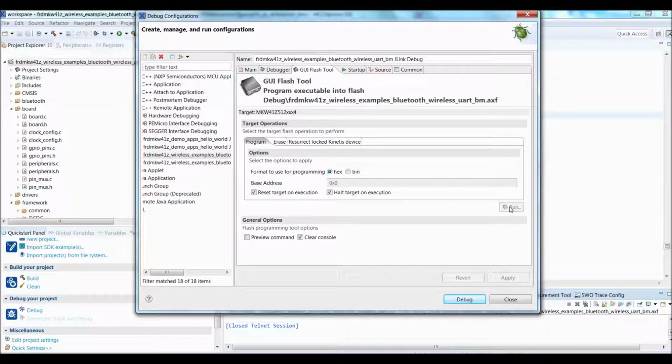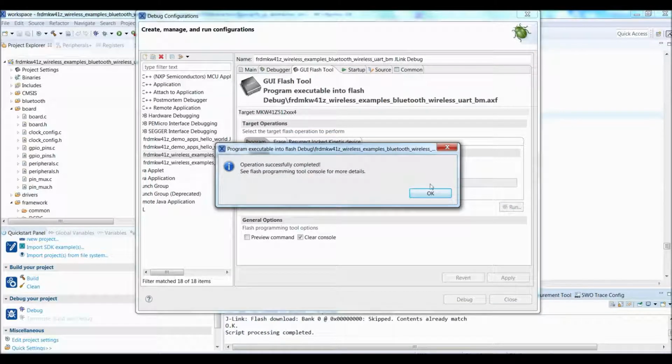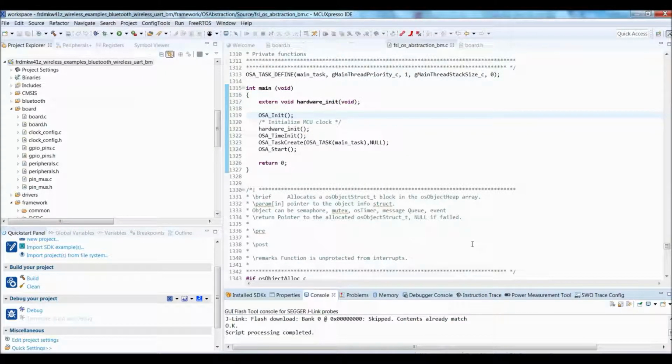Go over here to run. That will flash my first board, and then I will run the second one using the debugger. So what I've done here, down here, it says that the script processing was completed. It did reflash. As a test, I will pull out the board,